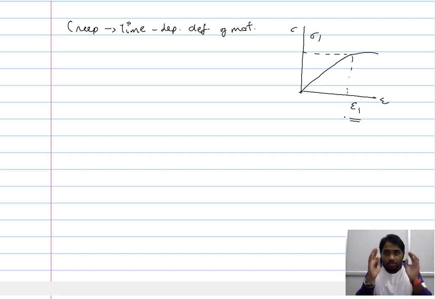And now when you increase the temperature, you observe that as the time increases, the strain associated with the material increases. And this is what we refer to as creep. So time dependent change in the dimension of the material, or time dependent strain of the material for a given stress condition, is what we refer to as creep. And this creep is not dominant at ambient temperature, but it is exceedingly dominant at high temperature, and that is the reason why we want to study the creep behavior.